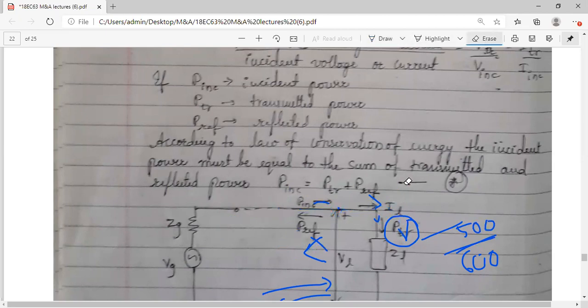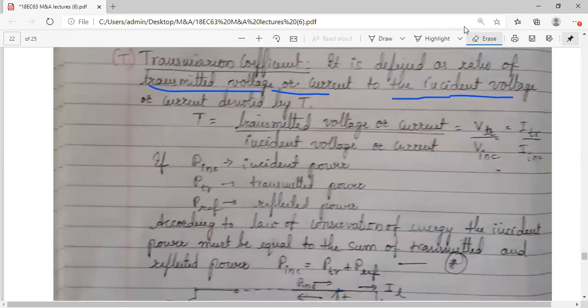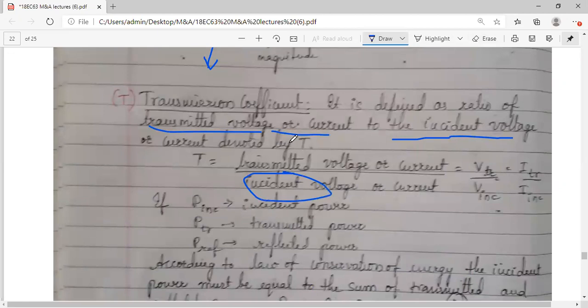Okay, remember reflection coefficient will have the reflected wave into account, and that is in the numerator. But in case of transmission coefficient, instead of reflected, incident wave will come into picture, not the reflected. I'm sorry. That is the definition. How you denote transmission coefficient is, it is capital T. For reflection coefficient, we have used the symbol tau, and for transmission coefficient T. Don't get confused. Okay, T and tau, don't get confused.